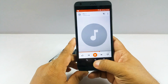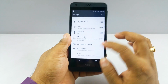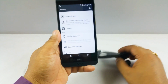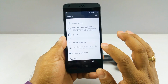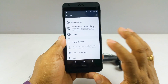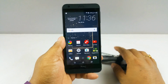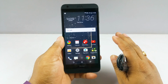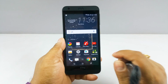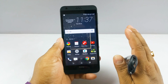First of all, this one supports Dolby, and you have settings over here that's only available whenever you're using these earphones, or any earphone for that matter. You can switch on the Dolby audio, that's called HTC Boom Sound with Dolby audio, and that kind of amazingly enhance the bass deepness. But otherwise, even otherwise, it supports high-res audio, it supports FLAC, lossless audio, 24-bit audio. That's a great thing. You can have your CD quality audio stored here, and even the ones from Apple Music